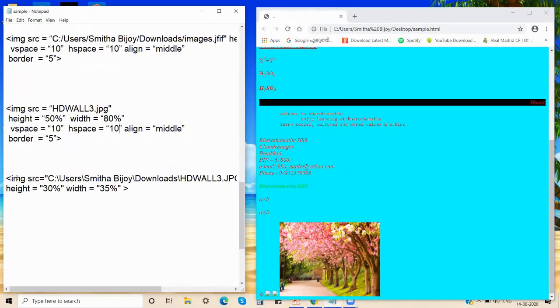Just listen how the tag is written. IMG space SRC is your source attribute, through which you specify which image you want to display.